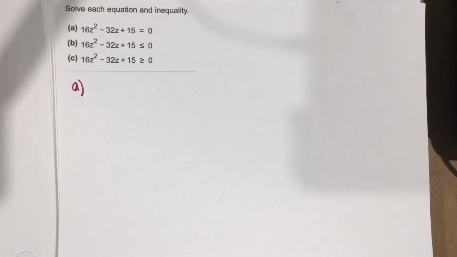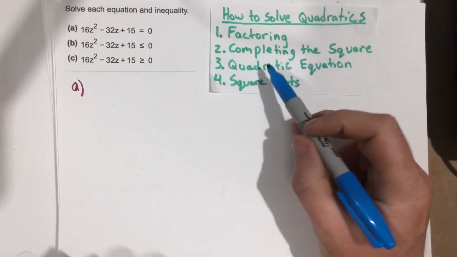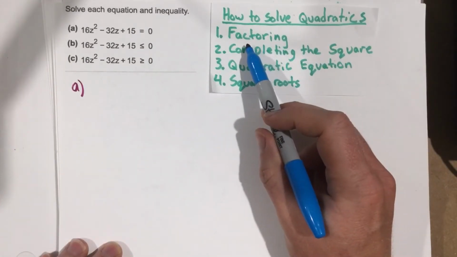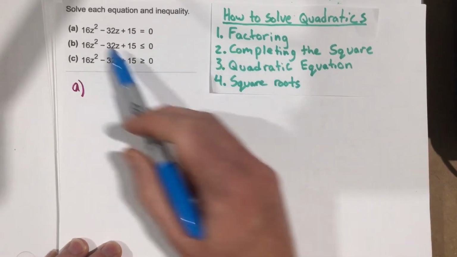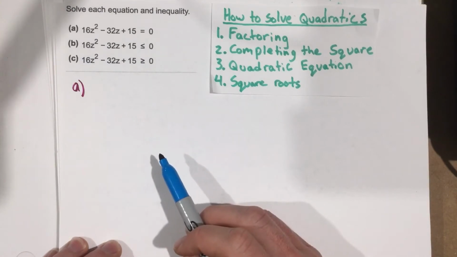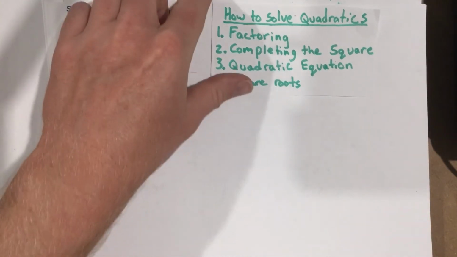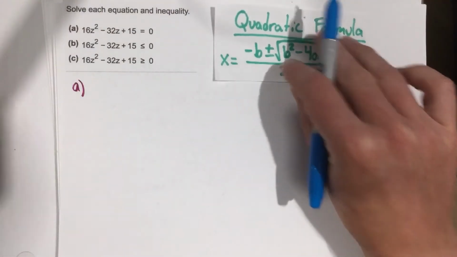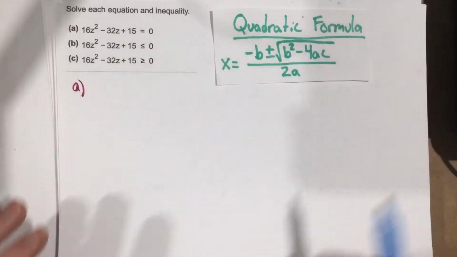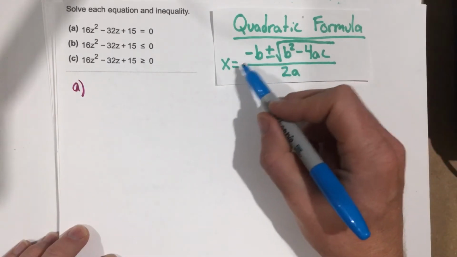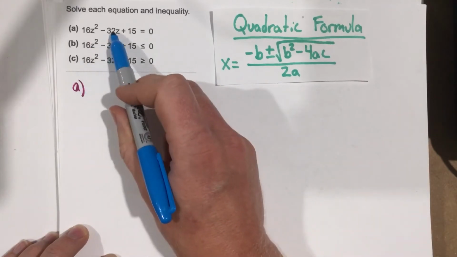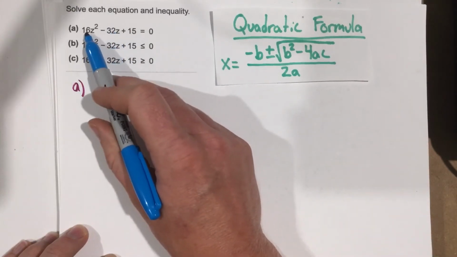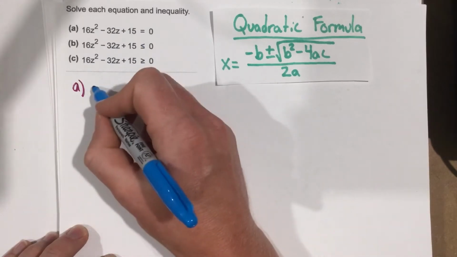Obviously, I think that looking at this, it's a quadratic formula problem right away, quadratic equation. We've got factoring, we've got completing the square, we've got square roots. None of those seem to be probably what I want to do there. So I'm going to go straight to the quadratic formula. And the quadratic formula gives you x equals negative b plus or minus root b squared, so on and so forth. We can say that b is negative 32, a is 16, and c is 15. So we can start by saying x equals